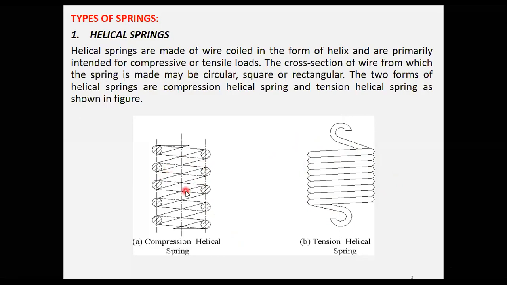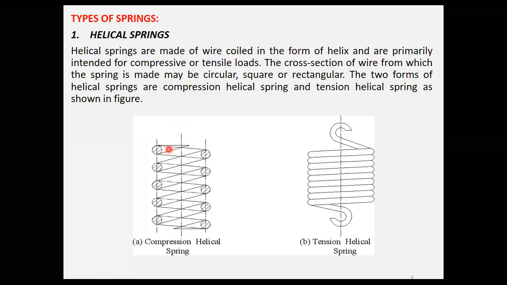This helical spring is used when the member is subjected to compression. Here you can see that the member is subjected to a compression load. This will be the application of load. Here the load is compressing, or assume that you are standing on it, which means the spring is getting compressed. And one more application is tensile. You can drag this on both ends, and the spring will undergo tensile loading. This type of spring is used when the member is subjected to tensile as well as compression loading.